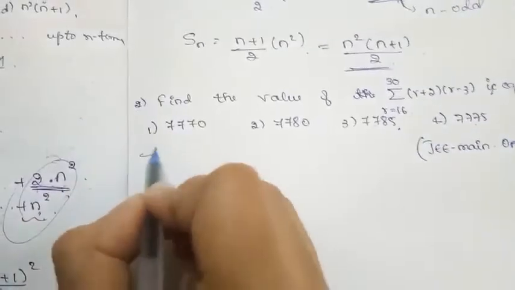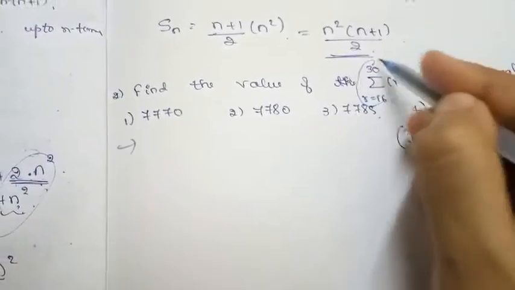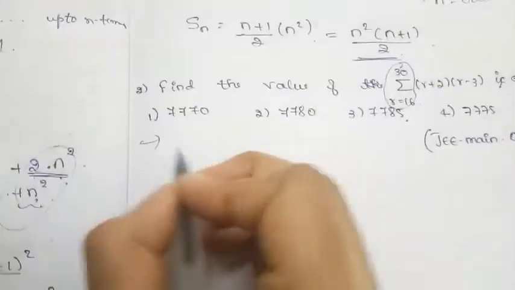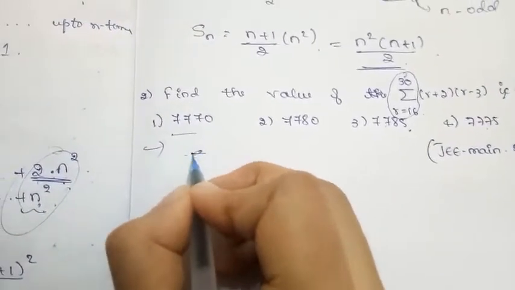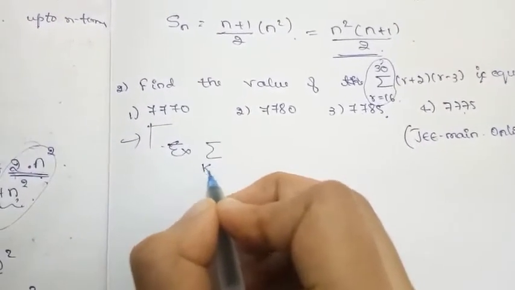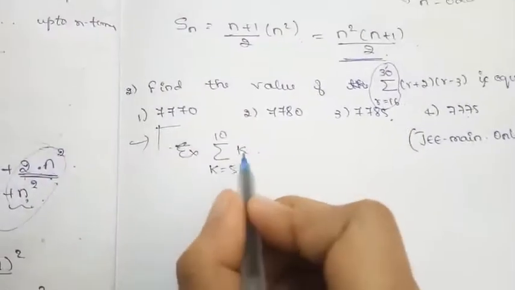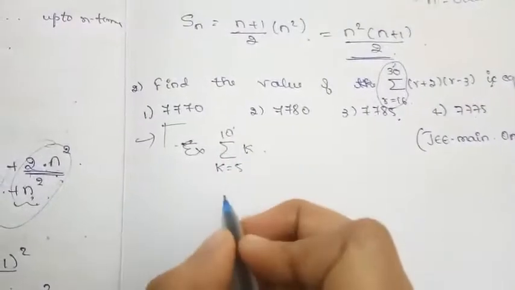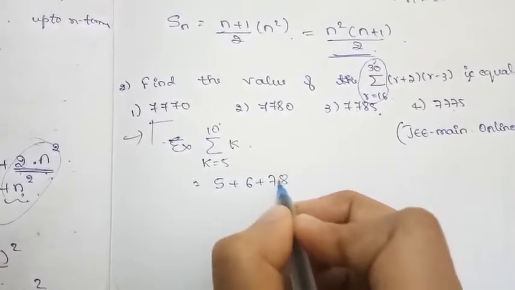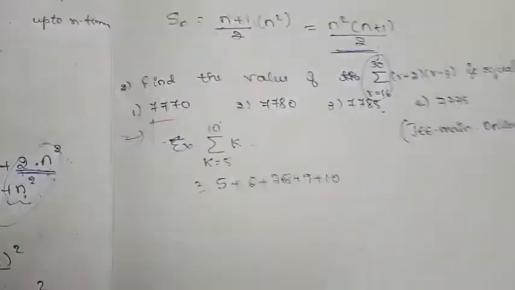Before solving this one, here is some basic idea you should know to understand how we are going to deal with a summation from 16 to 30. Suppose, just as an example, they have given summation k equals 5 to 10 of k. What does that imply? When k is from 5 to 10, since it is simple, I can write it directly as 5, 6, 7 plus 8 plus 9 plus 10. From 5 to 10 I need the summation.